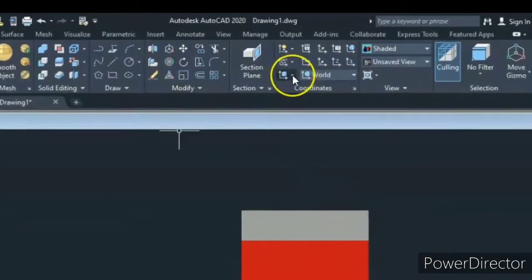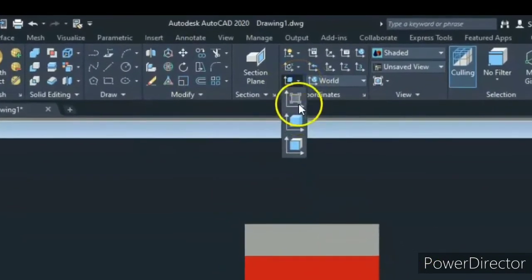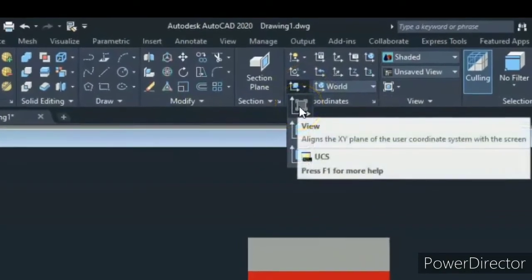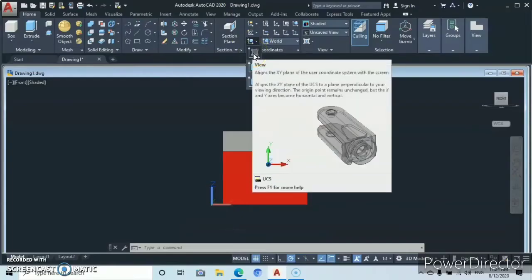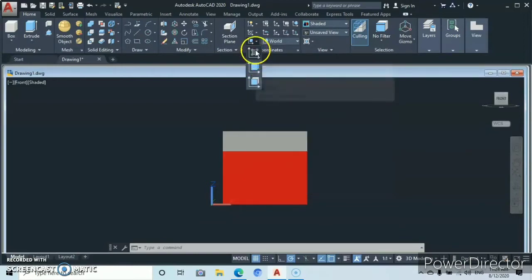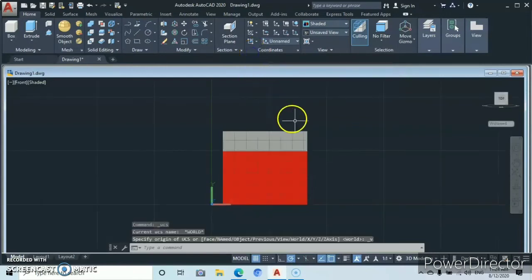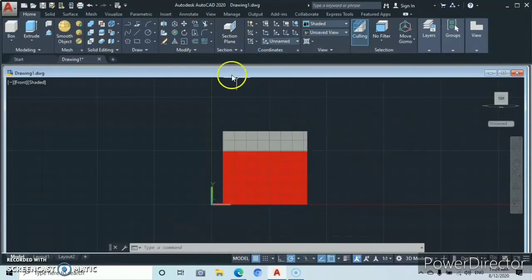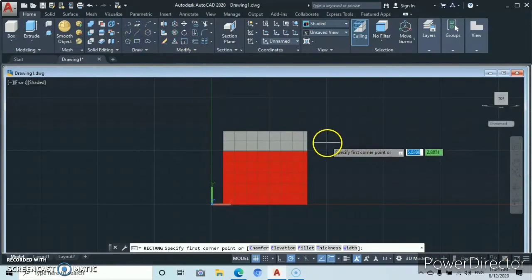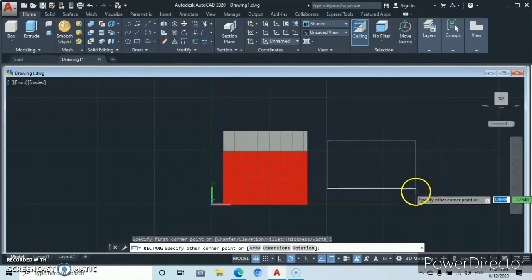Then in order to do that, we'll go back here to talk about the third option. Here you select view. This view aligns the xy plane on the user coordinate system with the screen. It aligns with the screen. So you click here, automatically you're going to realize y and x coordinate. And now let's see if we can now draw our object. Now you see that we can draw